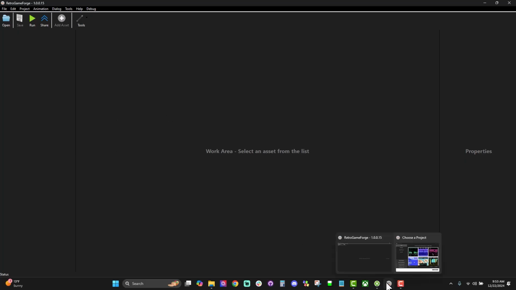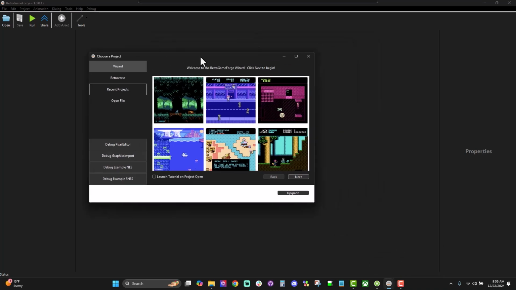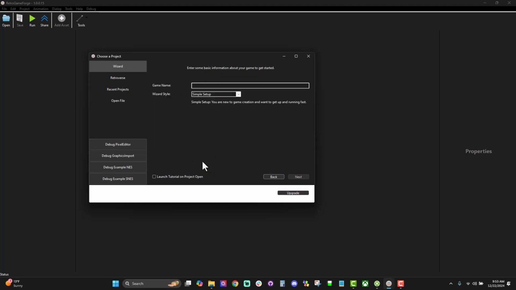So what I have right now is basically a wizard. I'm going to load a new project through the wizard, and you notice that I can also click this launch tutorial on project open, and what that'll do is launch a step-by-step tutorial and documentation on how to get started making a project. So for newcomers, that's super helpful. I'm going to turn it off for now, and I'm going to create a project called